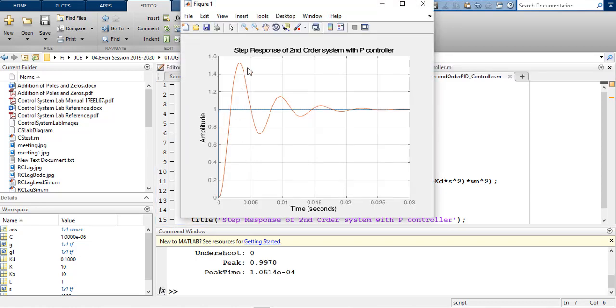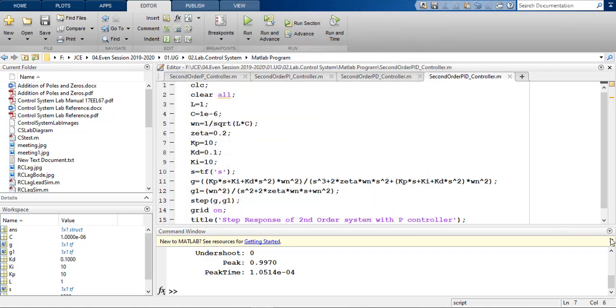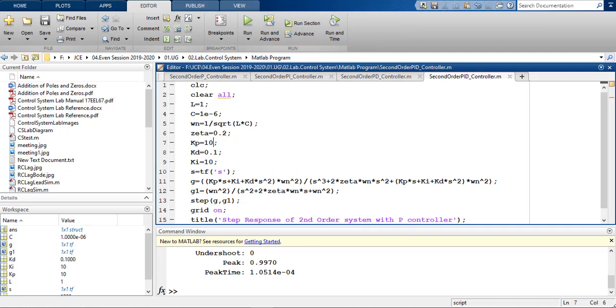You can see again the system is much faster and reaches the unit step much faster than the normal transfer function. Okay, so you can do these experiments and you can check the values from here only.